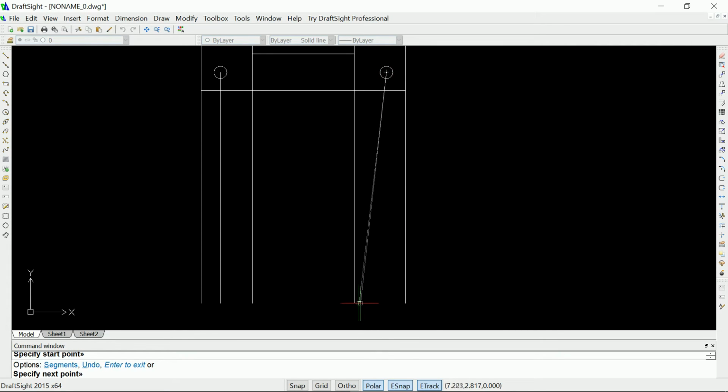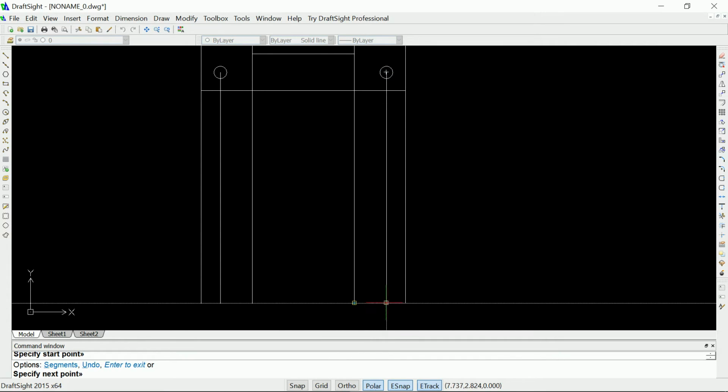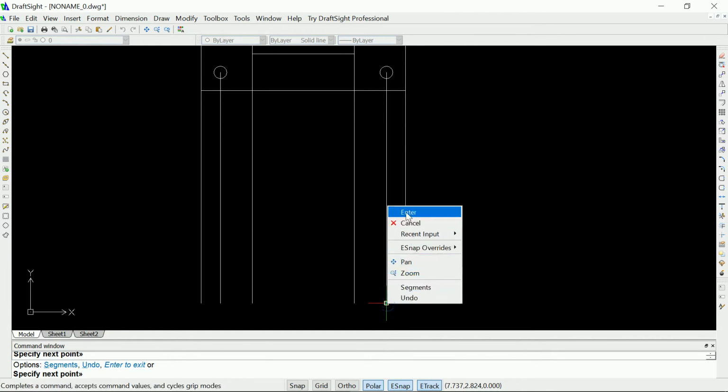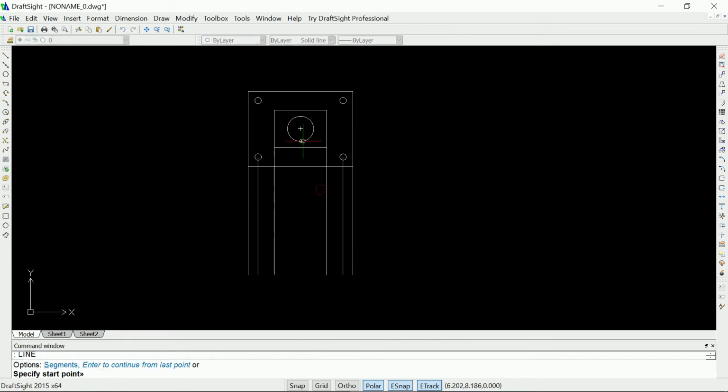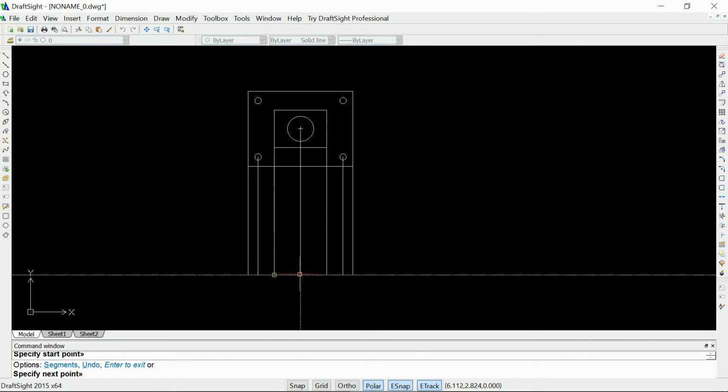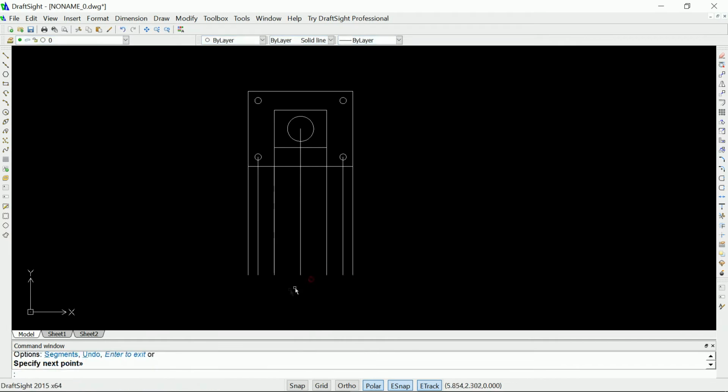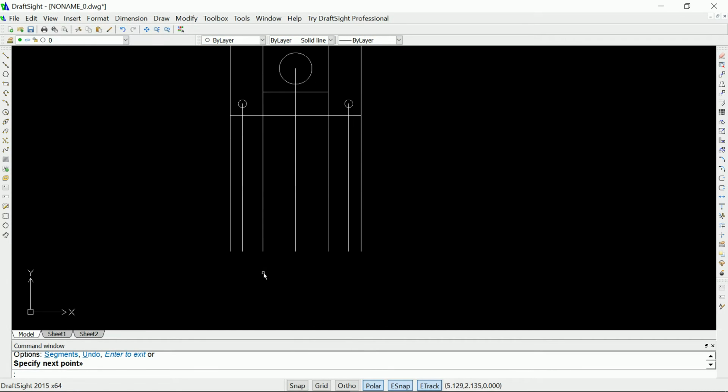The reason we're doing this is so that we can project these objects down to the other front view. So I'm going to go from there, enter. Okay, we've got everything we need to start our